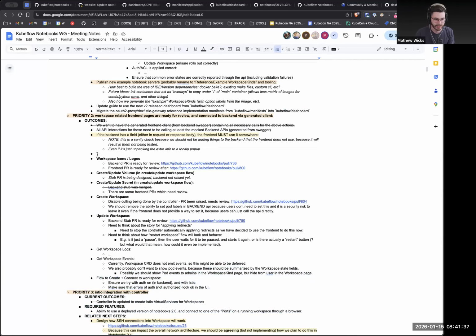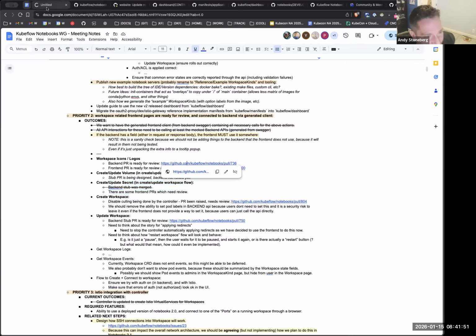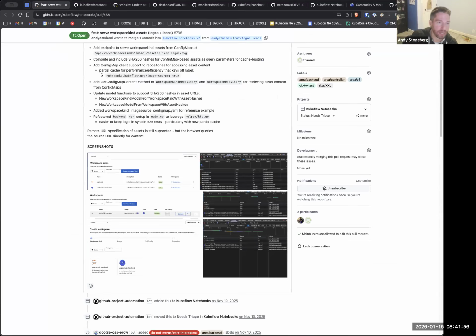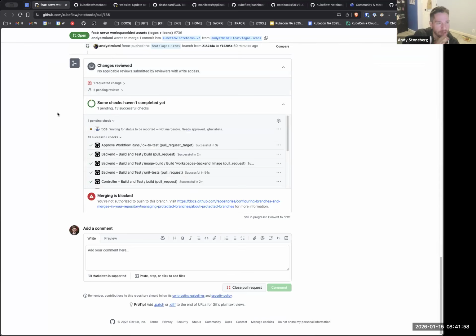So I know that we've had some work on icons, logos, and we haven't done the volumes stub yet, but secrets and things. So what's happening here? Icons and logos, I just rebased the backend PR because we had a bunch of changes that came in December. So that is working. I verified through Tilt that that's all end to end. So I'm hoping this is one of the things we can look at today, Matthew.